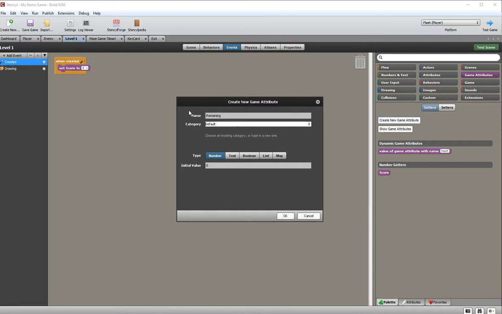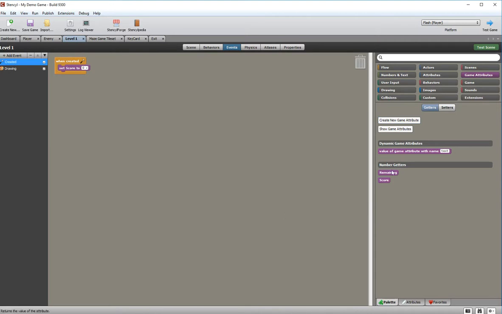remaining, because you can either do it so you count how many have been collected, or you can do it so it counts how many you need to collect. And I'm going to do it so it counts how many are left. So I'm going to call it remaining. And so at the start of the game there are 3 key cards remaining, and remaining is now added to my set of game attributes down there,